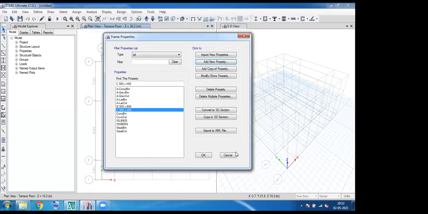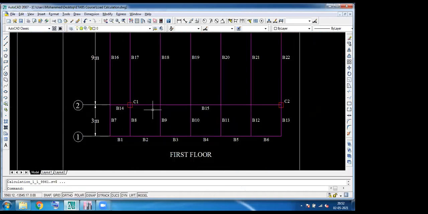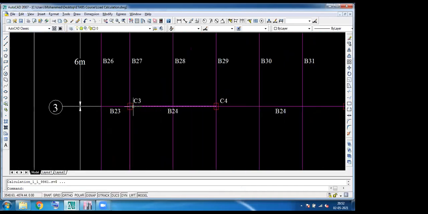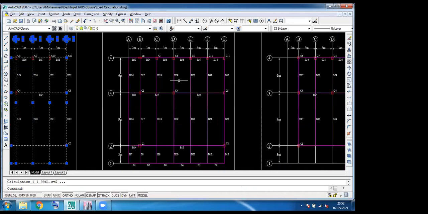Again, OK. So as per this drawing, you can see this is a square column, and here we have a rectangular column, and here we have a rectangular column. The columns have various cross sections.